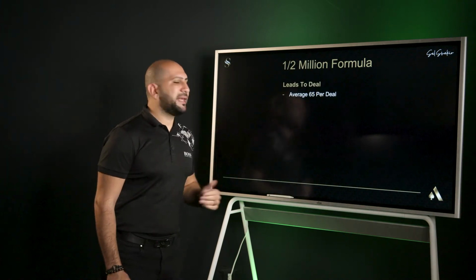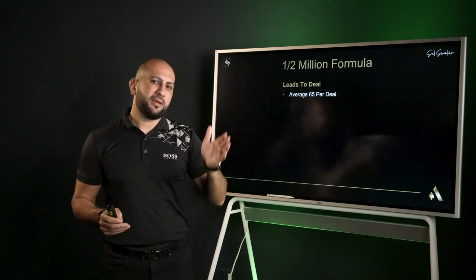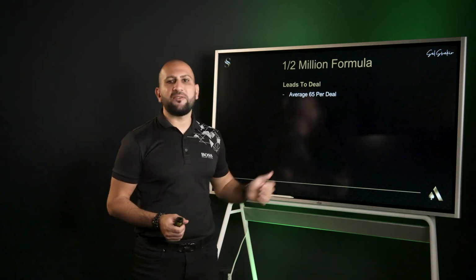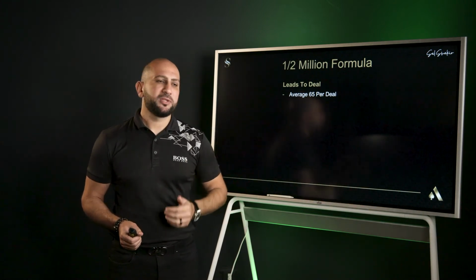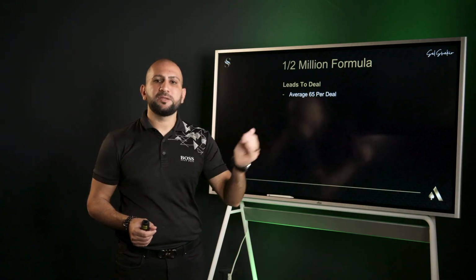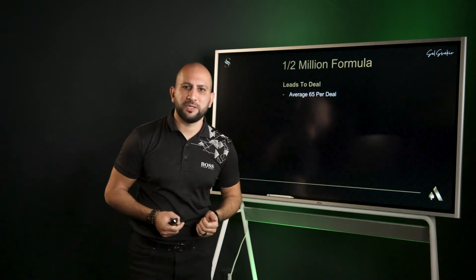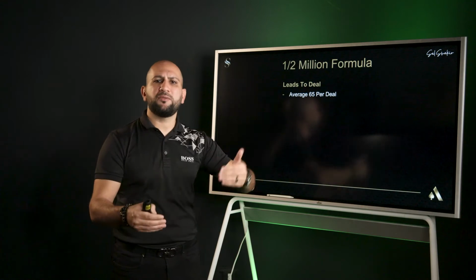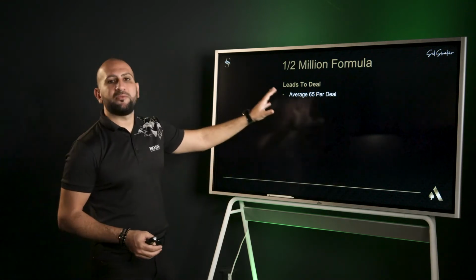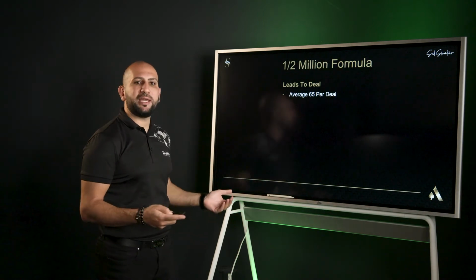Number two, how many average leads to contract? And obviously it varies between each marketing channel. But for this class's sake, we're gonna be talking about 65 average leads per deal. But if you're talking about PPC, pay-per-click is really between 8 and 15 leads to convert to one deal. Cold calling is usually between 30 and 50 leads to convert to one deal. And direct mail is between 30 and 40 leads. So it all really varies, but I'm going really high on this. I'm being very conservative. For the demonstration's sake, we're gonna say 65 average leads to a deal.